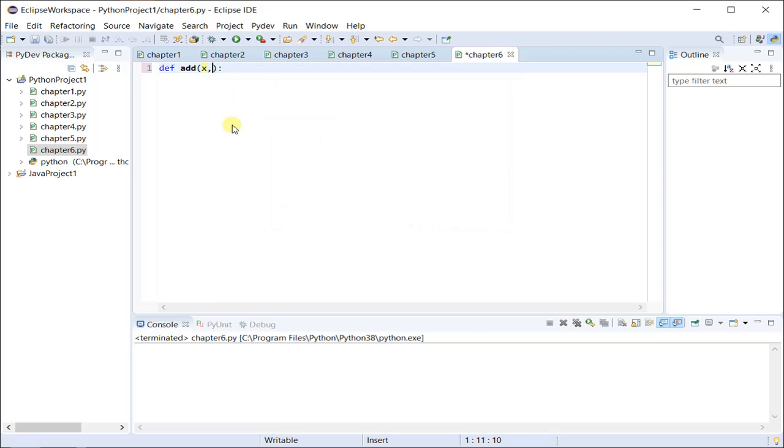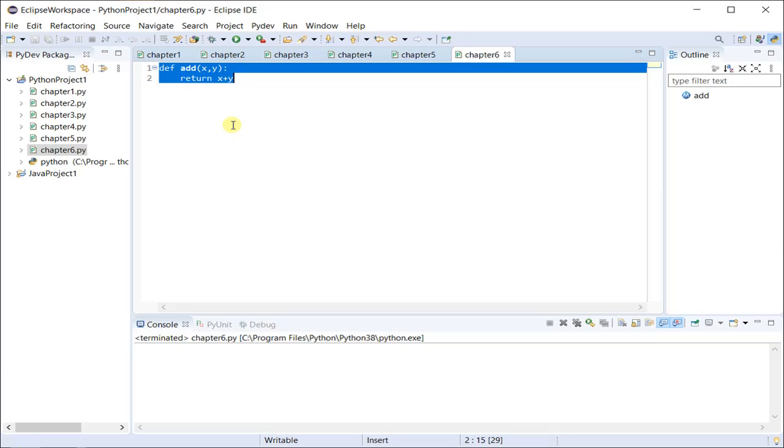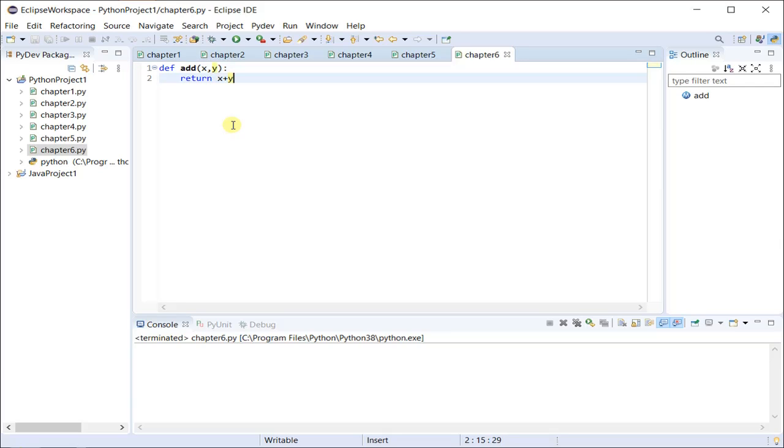I'll have an add function expecting two inputs, and it will return the addition of those inputs. Similarly, I will have a subtraction function. It will return the subtraction of two inputs. I'll change the function name to sub.